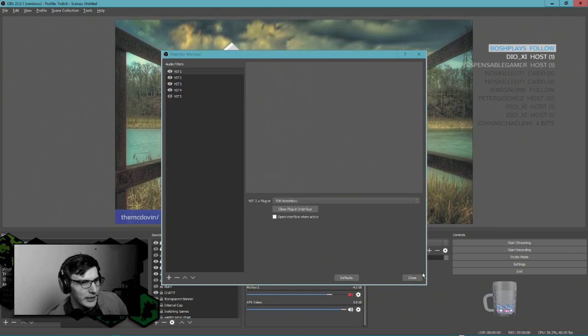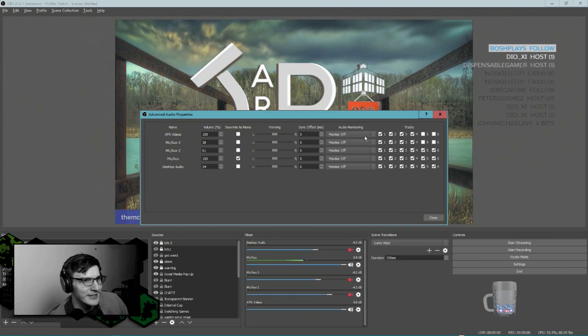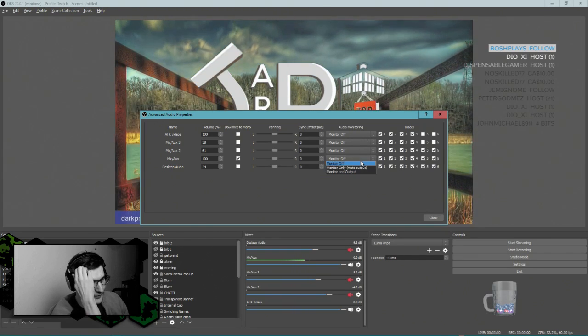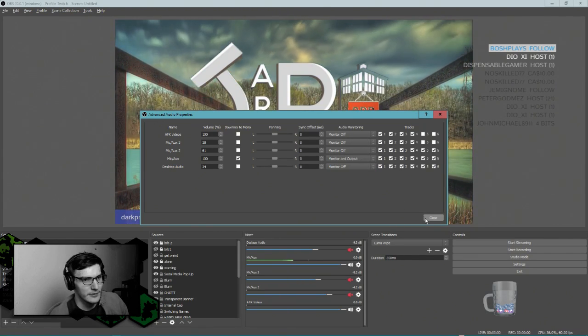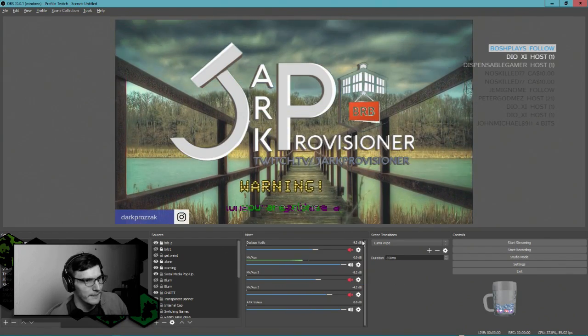There actually is a way here. Also, you can set this in advanced audio properties. You can actually have it audio monitor, so you're going to hear my microphone. It's going to sound super weird. Testing? Okay. So you can hear all this fan noise, which is going to be really annoying, but all right,